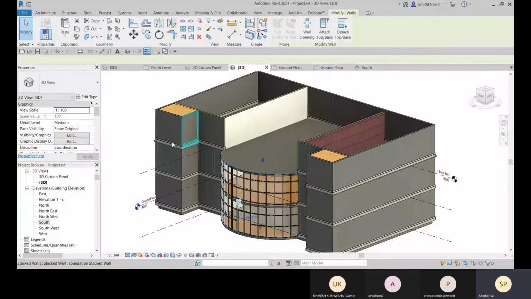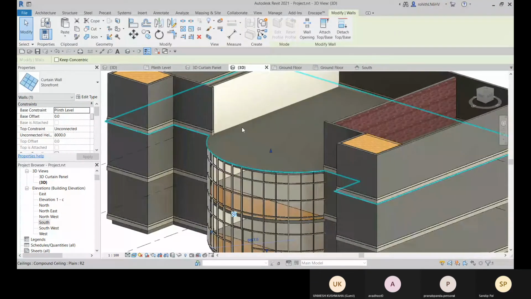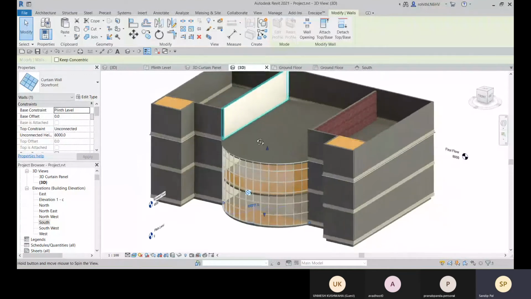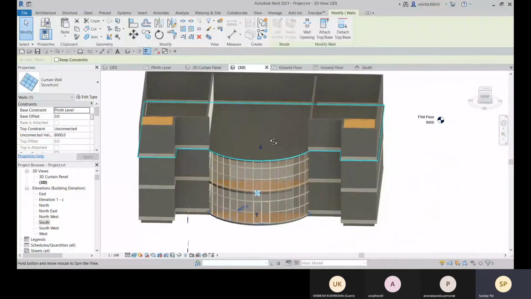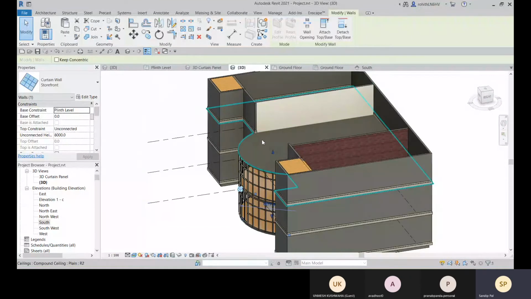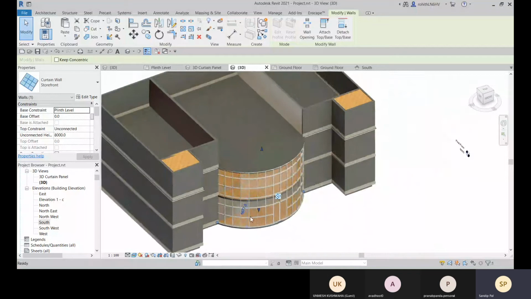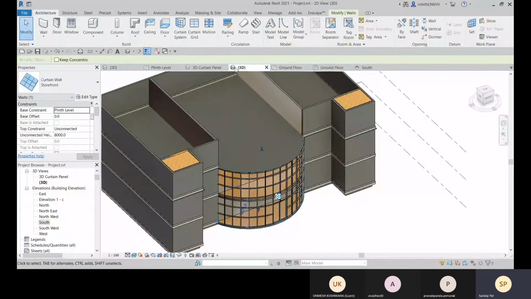For this also you can provide the right height. Or if you need to change anything here, if you need to provide a balcony over there, we can place a railing.